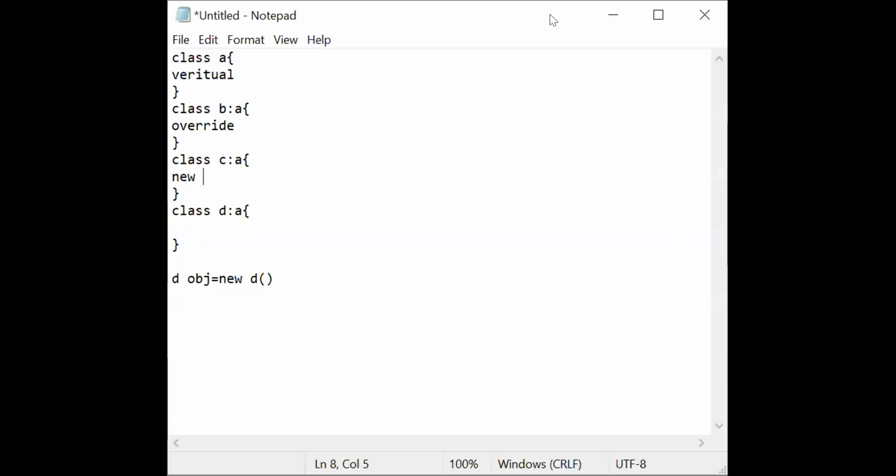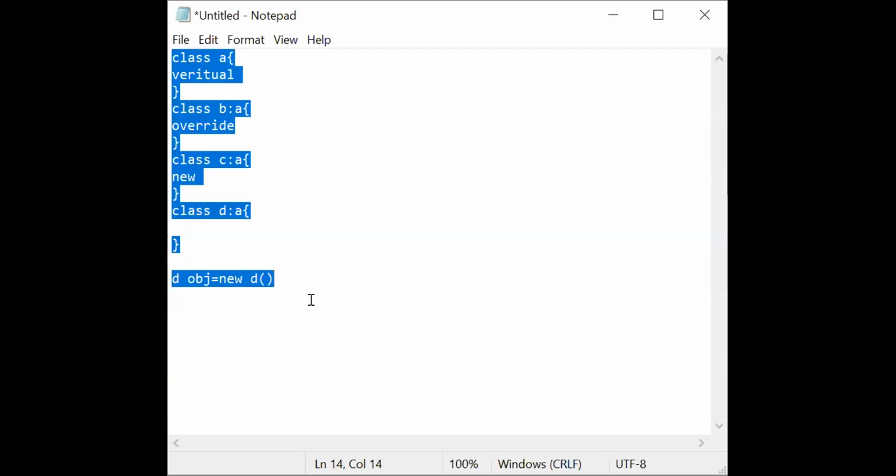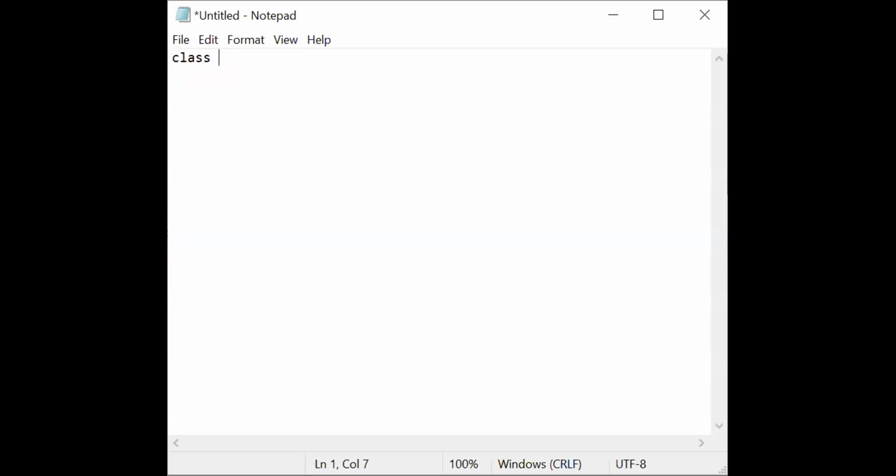Okay. Pankaj, open your notepad. Okay, let's create one class A. Remove the keyword virtual from it.